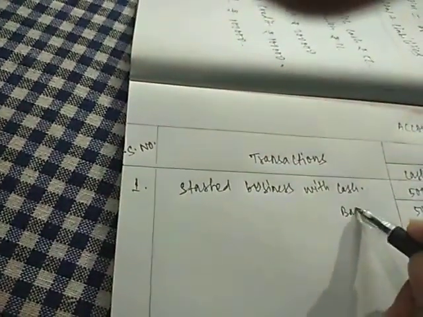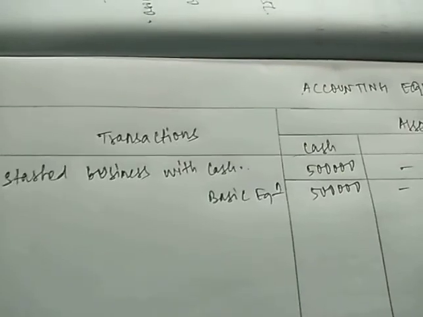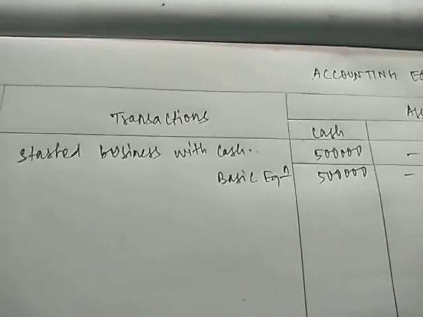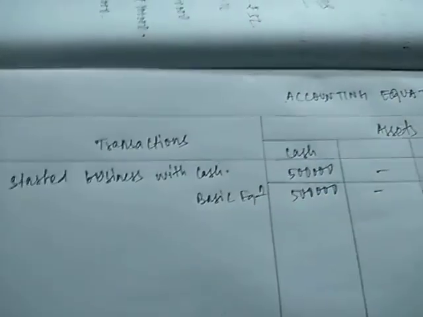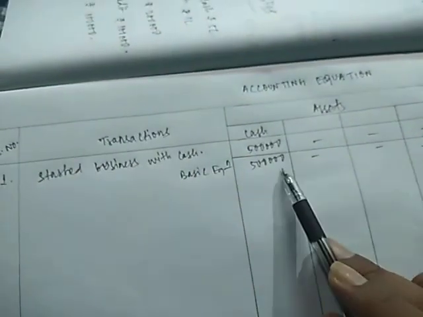So this was what we have brought down after the line. This is called basic equation. I have written equation in a short form, you can write full. So this is called basic equation. Always remember, you will write basic equation just in the line with the amount that you have written below the line drawn. Below this line you will write this amount, whatever has appeared, and there you will write basic equation, if you can see this properly.